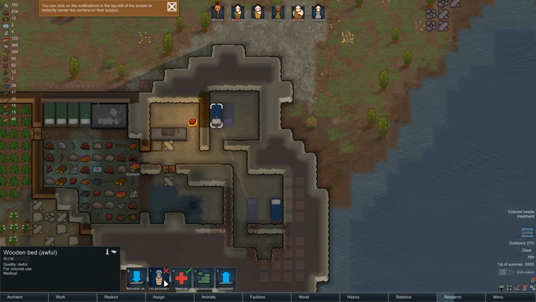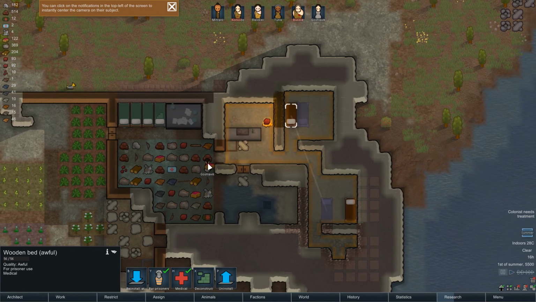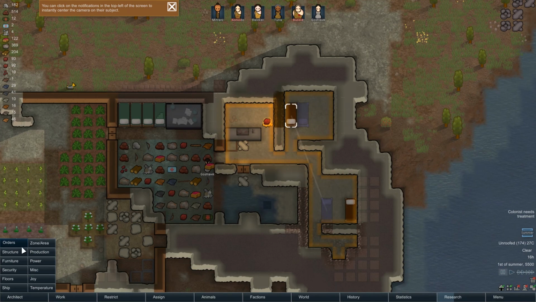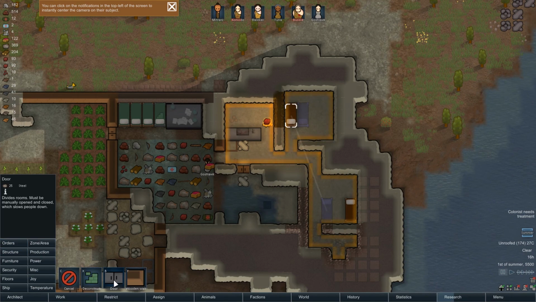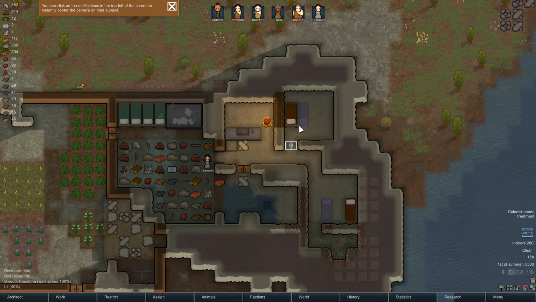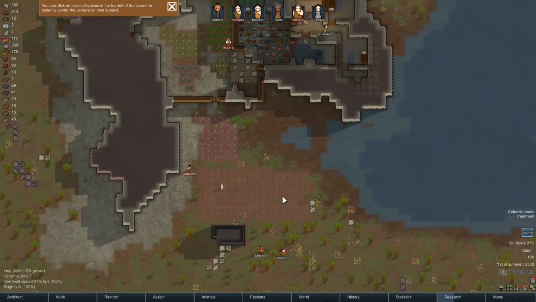Actually, better plan. That's for prisoners. I need a door. There. I need that door built now. Go. And then